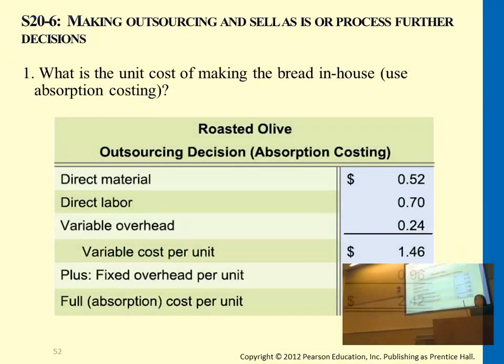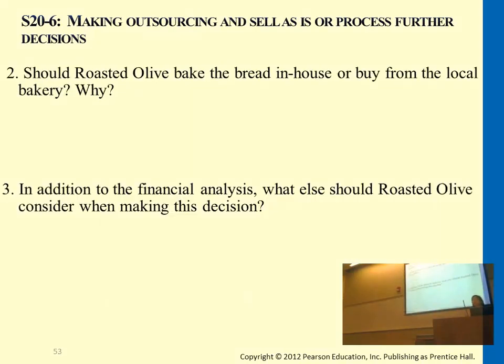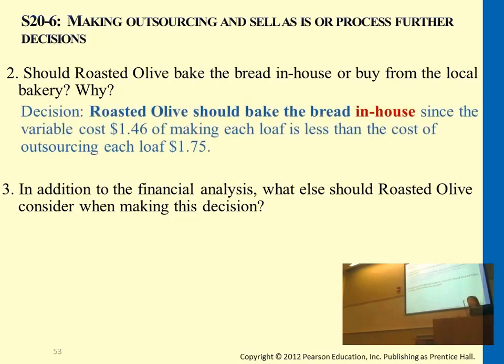The 29 cents? Oh, okay. Well, opportunity cost, probably. In the case that they had a specific oven just for this loaf of bread, and you can use that oven for something else, then that will be considered the opportunity cost, which we don't have enough information on right now, right? You may be able to use that idle baking time to do something else, or ask whoever was in charge of baking, the laborers, to do something else. And if there is profit out of that, that will have to be reduced from the outsourcing cost.